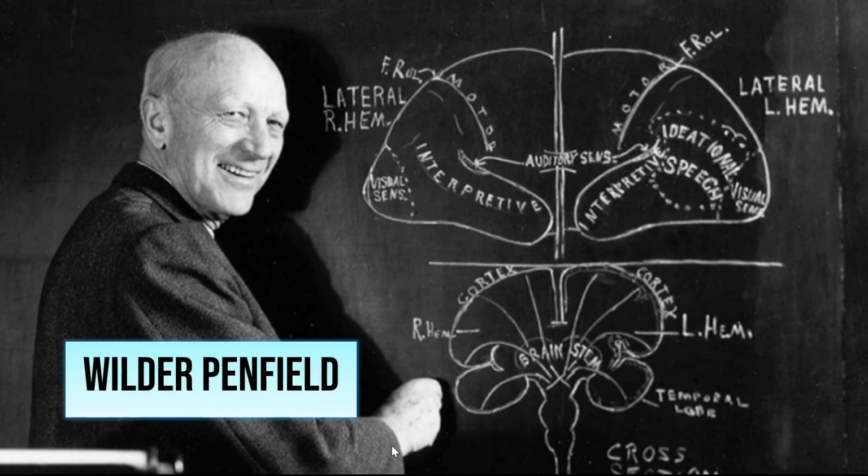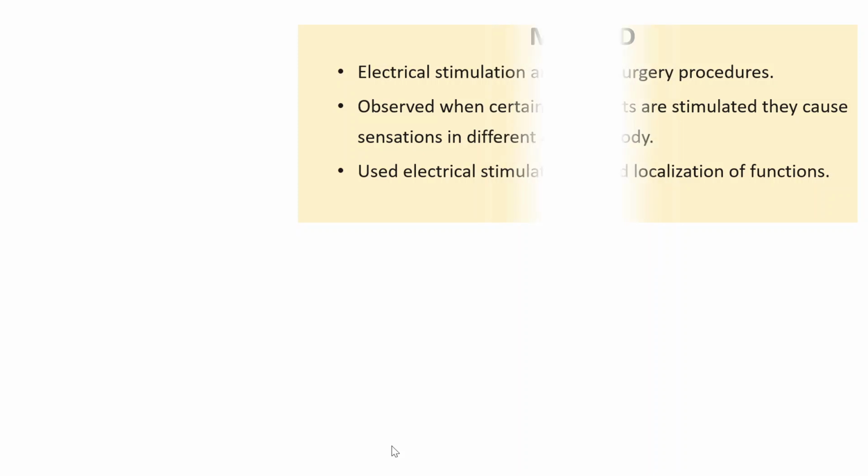So this leads us to our new researcher, and his name was Wilder Penfield. So what was his method? His method was electrical stimulation and surgery procedures. He discovered new surgery procedures. And what did he find out? He observed that certain brain parts, when stimulated, cause sensations in different body parts. Earlier we were discovering movements generated in the body. Now we are observing what kind of sensations are generated in the body, and